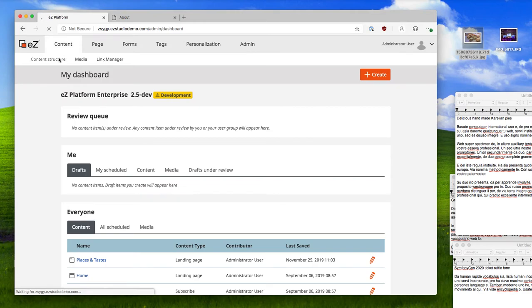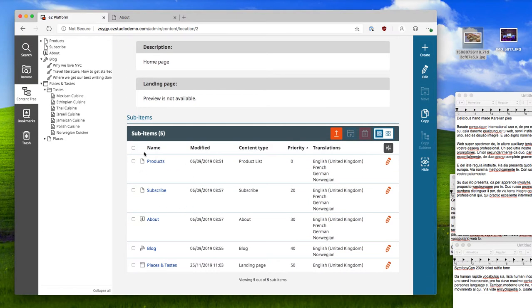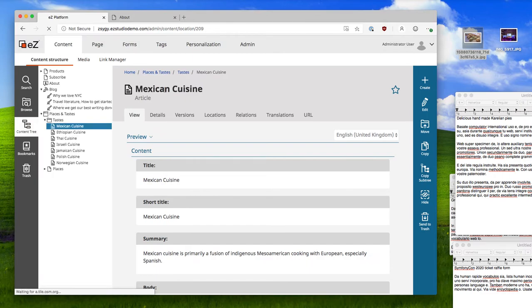So we head over to the content structure. This is really the heart of Easy Platform. So our content engine is the engine that powers everything on the site for the structure. And each and every content item here, if we take, for example, one article as an example, called Mexican cuisine,